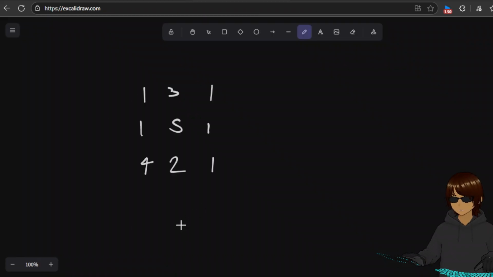So what I'm thinking is that I can go through every cell and add the current number with the previous number. So for example, 3 plus 1, I will replace this with 4, and I will replace this with 5. And I will go to the bottom and I will add the top number. So I'll replace this 1 with a 2. And for this one, if there's a top number and a left number, then I will take the minimum, which is 2 over here. So I will do 2 plus 5, which is 7. Of course, for this one, I'll do 5 plus 1, which is 6, because 5 is the smaller one.